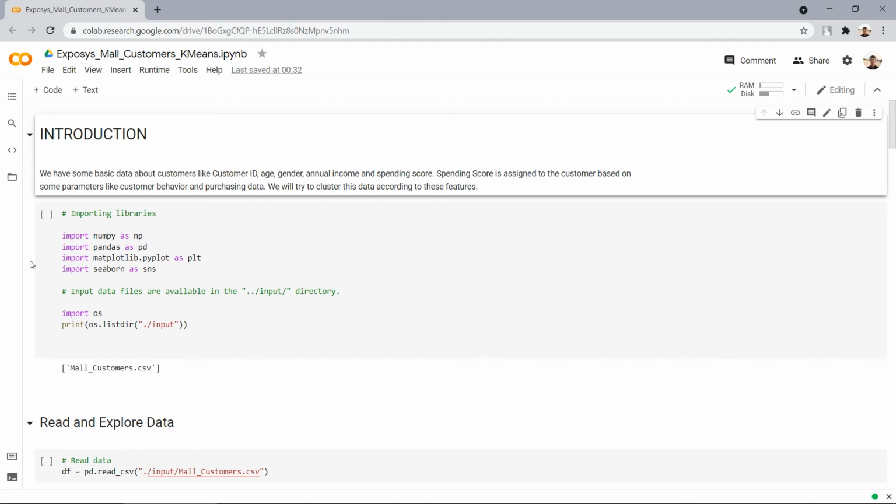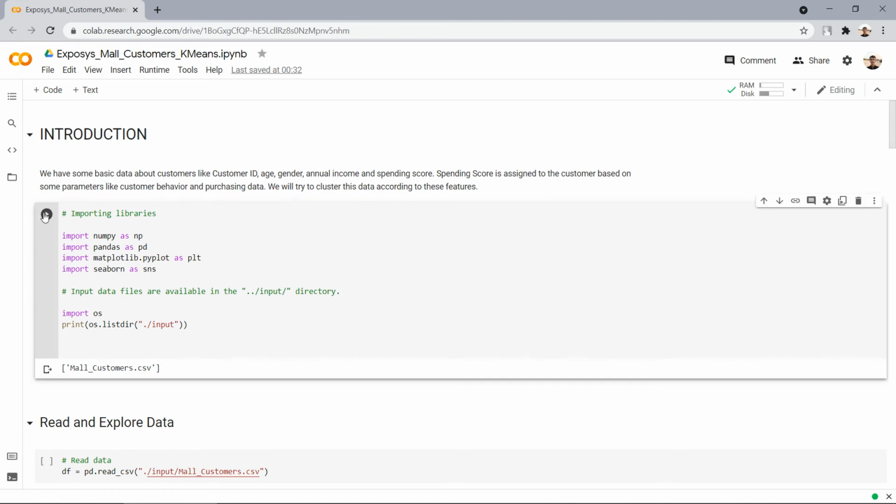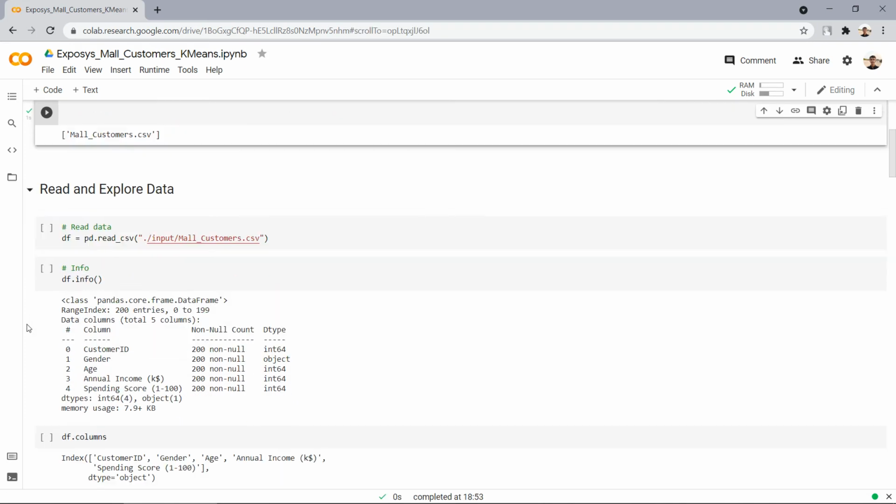Next, we will fetch the directory in which the dataset is located. Input data files are available in the input directory. Now, let us run this so that the libraries are imported. Next is reading the data present in the dataset from the file, which is in CSV format. I will run this.